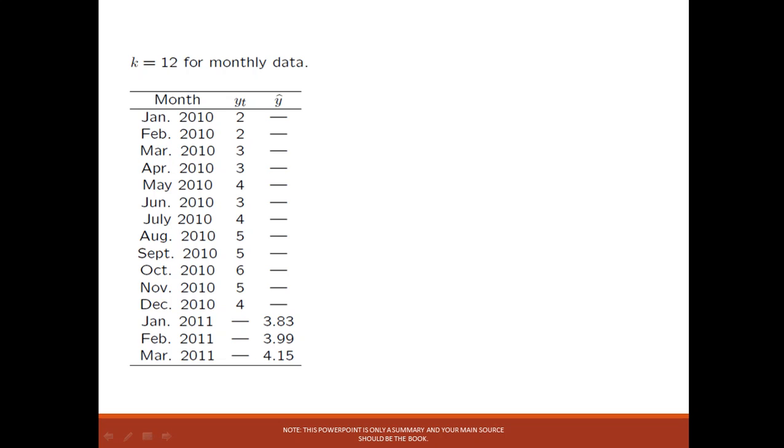So we will add all of these values plus 3.83, and we will divide them over 12. So the value of the forecast of February of the year 2011 will be 3.99,